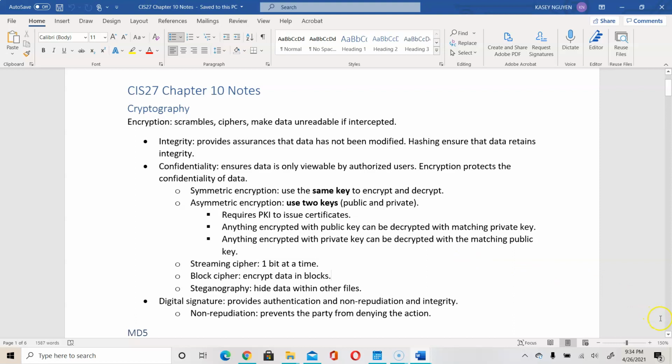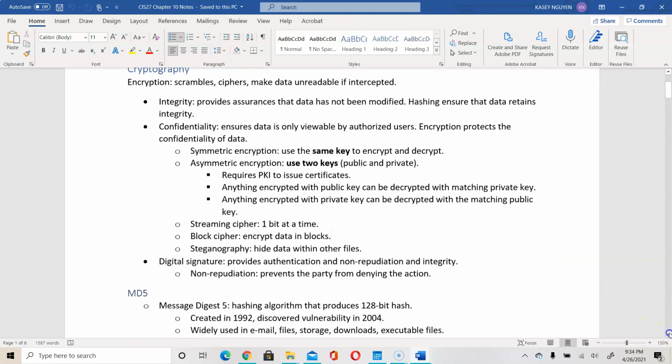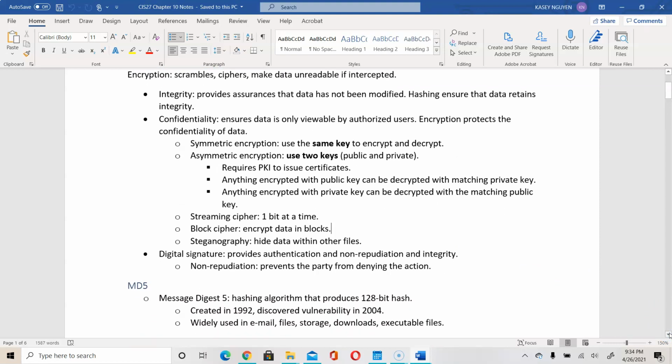When we're looking at web traffic, in ciphering, when you use a stream cipher, you encrypt one bit at a time, and therefore when the system receives it, it has to decrypt one bit at a time. If you implement a block cipher, the data is encrypted as blocks or chunks, and when it arrives, each of the blocks is then decrypted